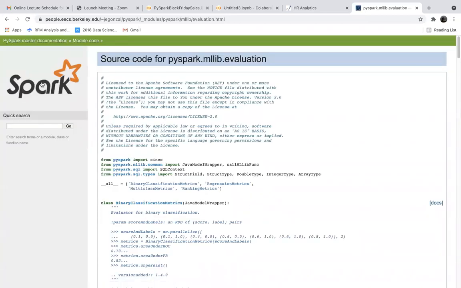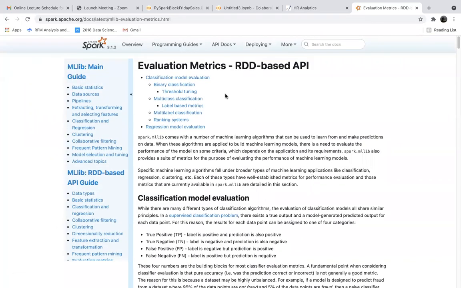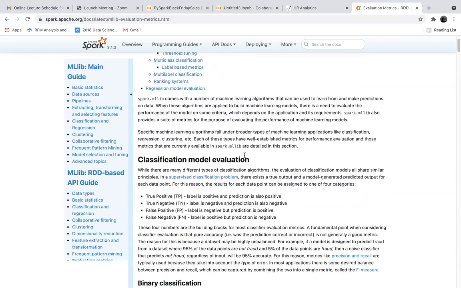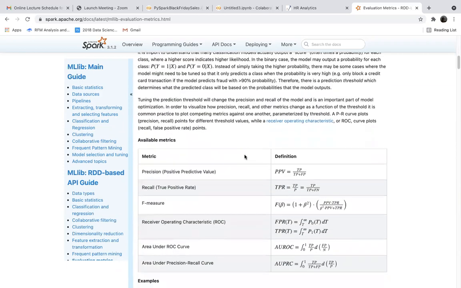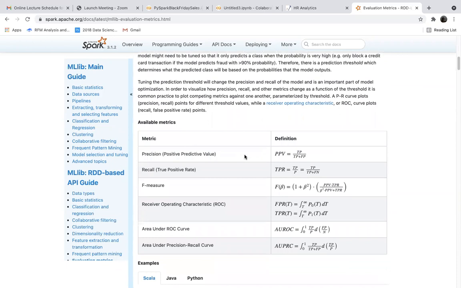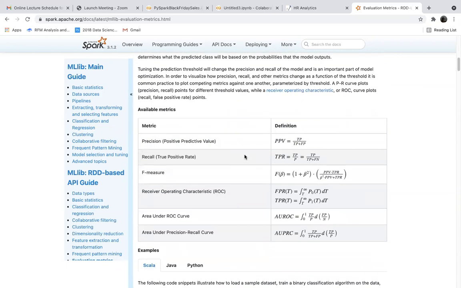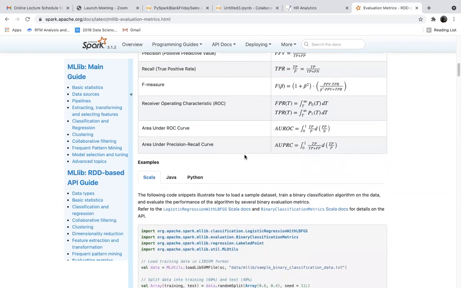Binary classification metrics is there. Multi-class classification is also there. So let us see binary classification, what we get. We get precision, recall, F measure, ROC, area under ROC and all.